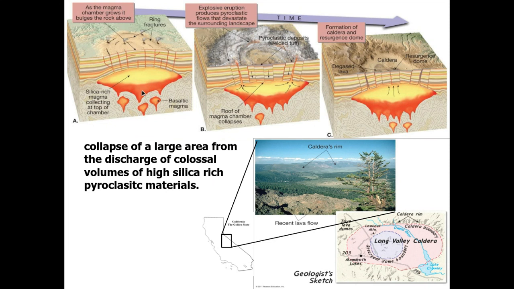And so again, you can see where the silica-rich magma collects at the top, and then the roof of the magma chamber collapses right here. And upon collapsing, a depression is formed, and it produces a large depression or caldera here. And in this photograph down here, you can actually see the length of the caldera. It stretches about 20 miles. And again, this is located on the eastern part of the Sierra Nevadas, and it's known as the Long Valley